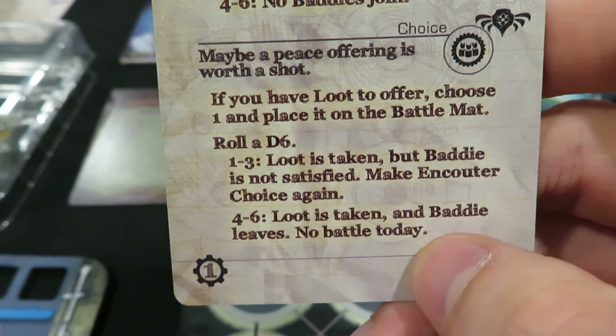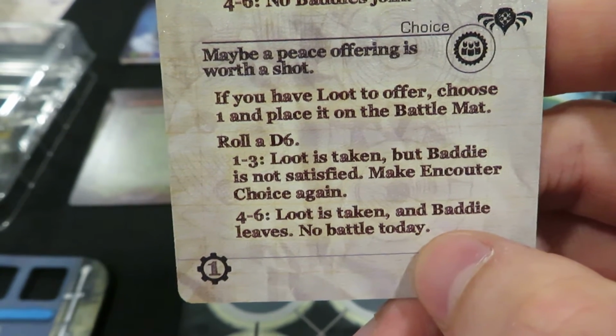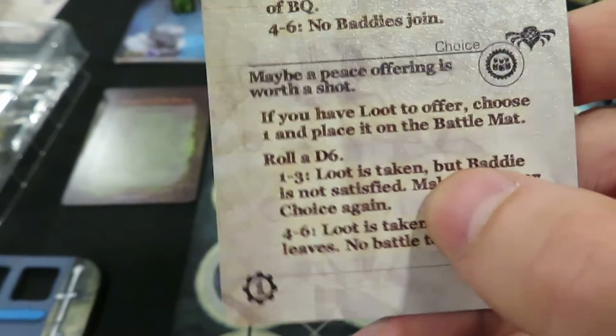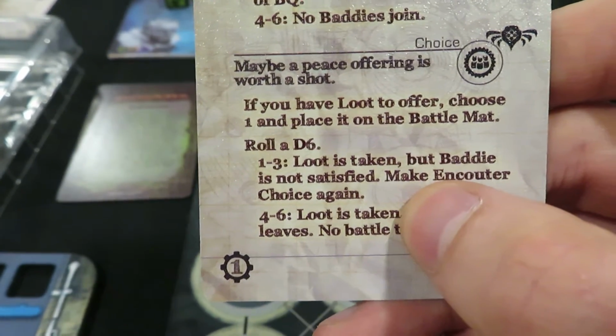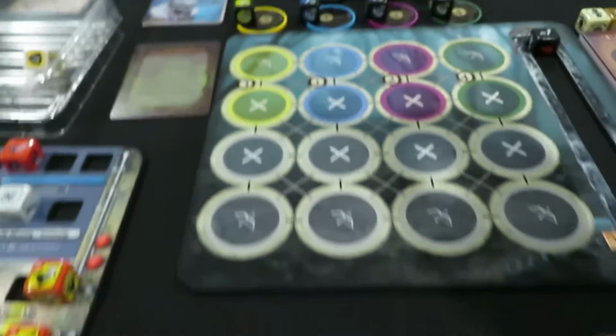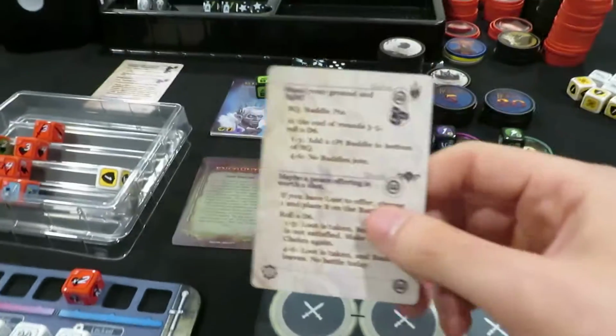Interesting. Okay. 4 to 6, loot is taken and the baddie leaves. No battle. Okay, so 4 to 6 makes sense. What is 1 to 3? Loot is taken. Oh, he just takes the loot and you have to go again. So you could just potentially start. Okay, so essentially if you want